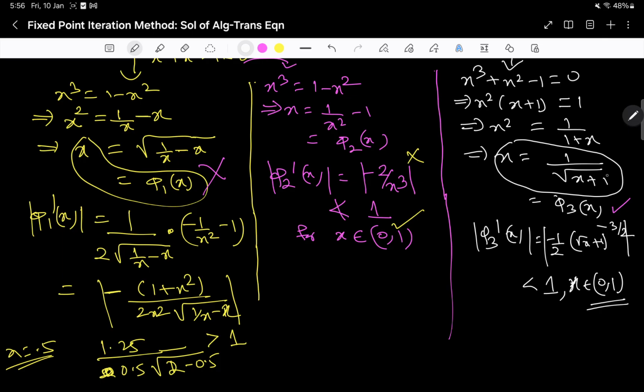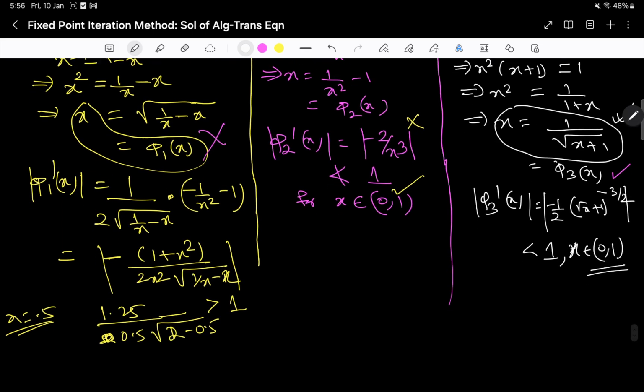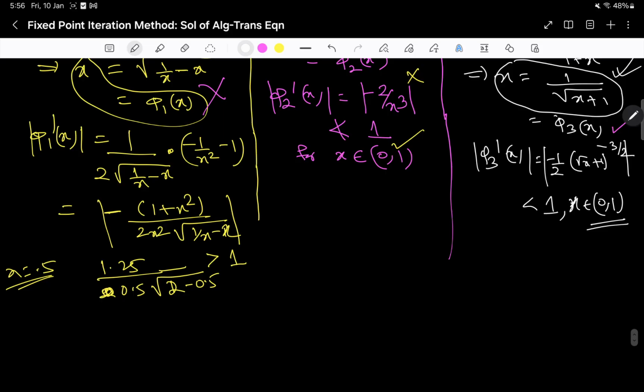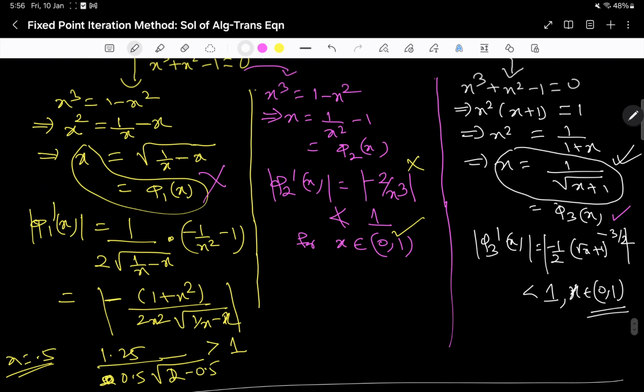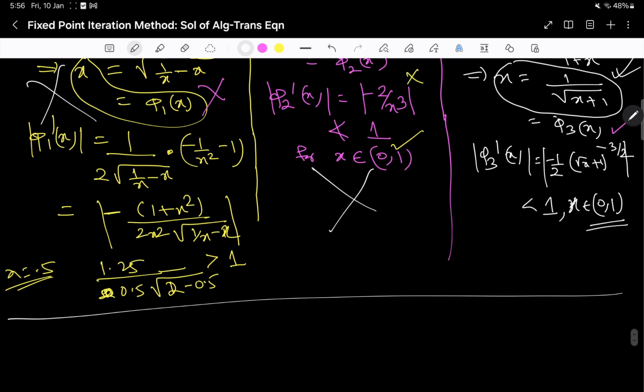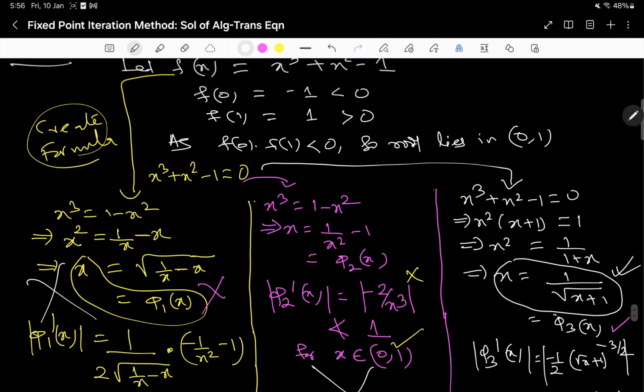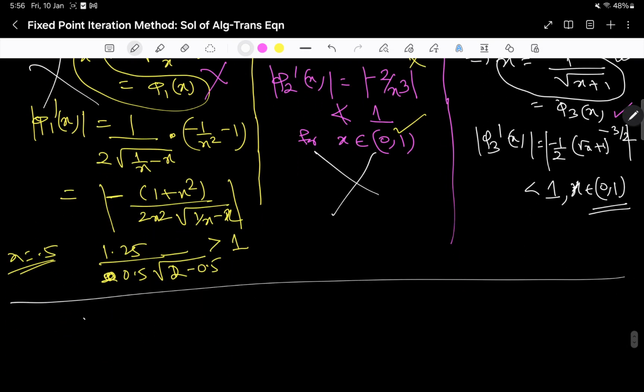So now this is the correct formula. So therefore this is the correct formula. So thus the necessary formula is, in view of this is not according to the convergence conditions, and this will not converge, so we will consider this. Now the necessary formula is, right, thus the necessary formula is